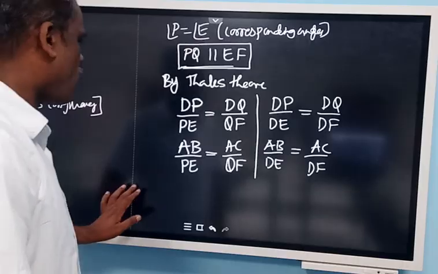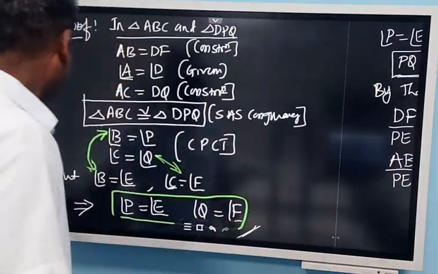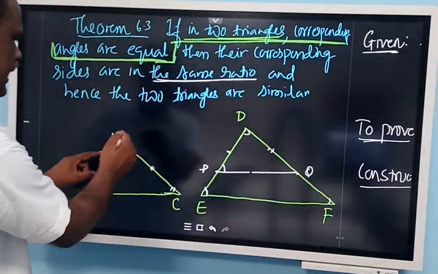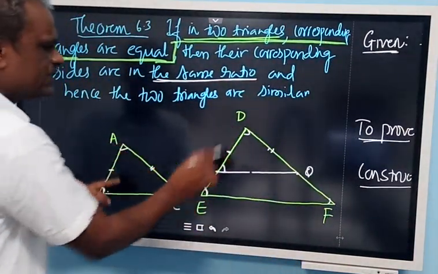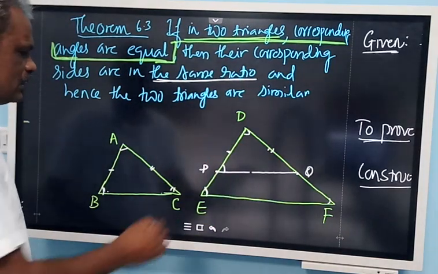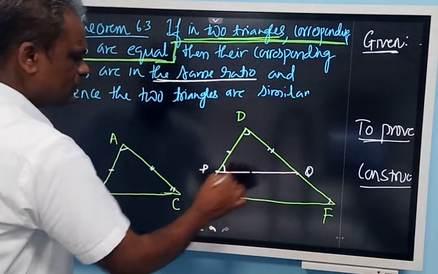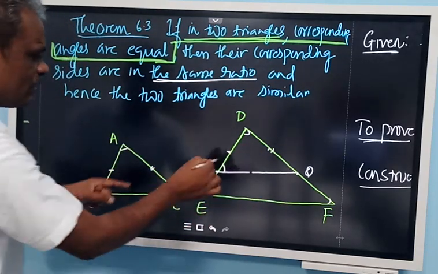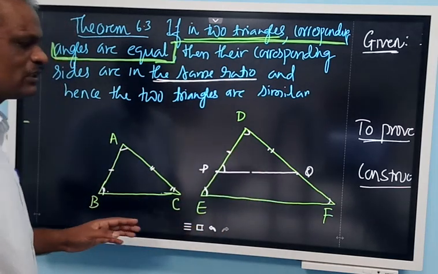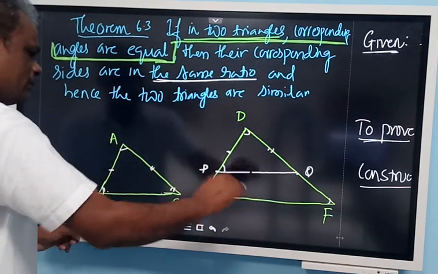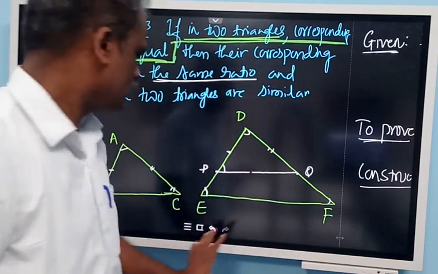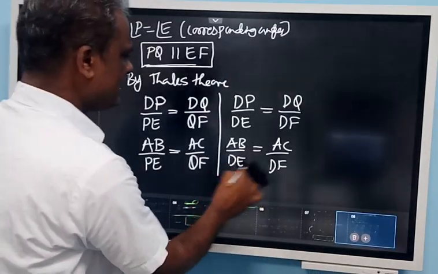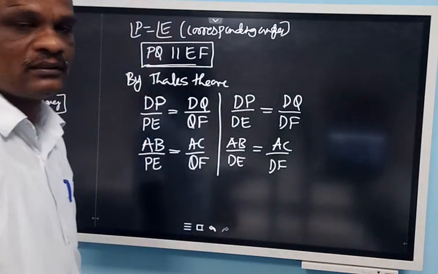So we proved that two sides are in the same ratio. So look at this. What does that prove? AB by DE is equal to AC by DF. That is what we have proved. So once you draw a line parallel to EF, you can prove AB by DE is equal to AC by DF. Instead of drawing like this, you can draw a line like this, and you can prove AB by DE is equal to BC by EF also. So therefore, look at this diagram and observe this conclusion we got: AB by DE is equal to AC by DF.